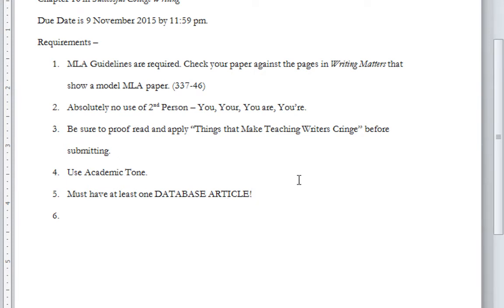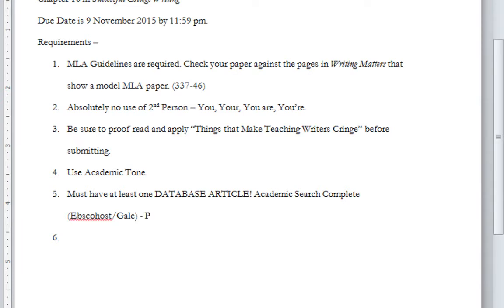That means it has to come from academic search complete, sometimes referred to as EBSCOhost, or I know many of the high schools use Gale, although Gale has its own issues. So you want to make sure that if it is coming from Gale, that it is an academic article.